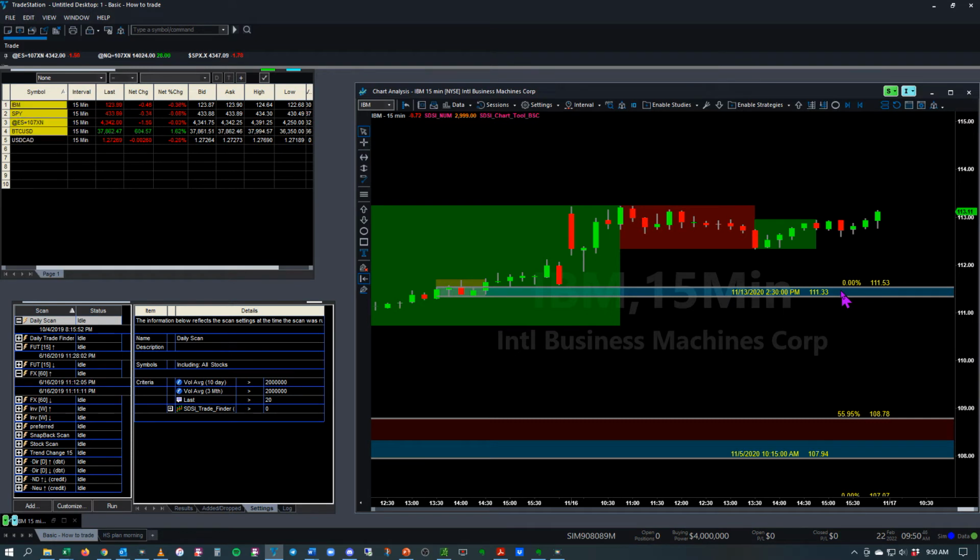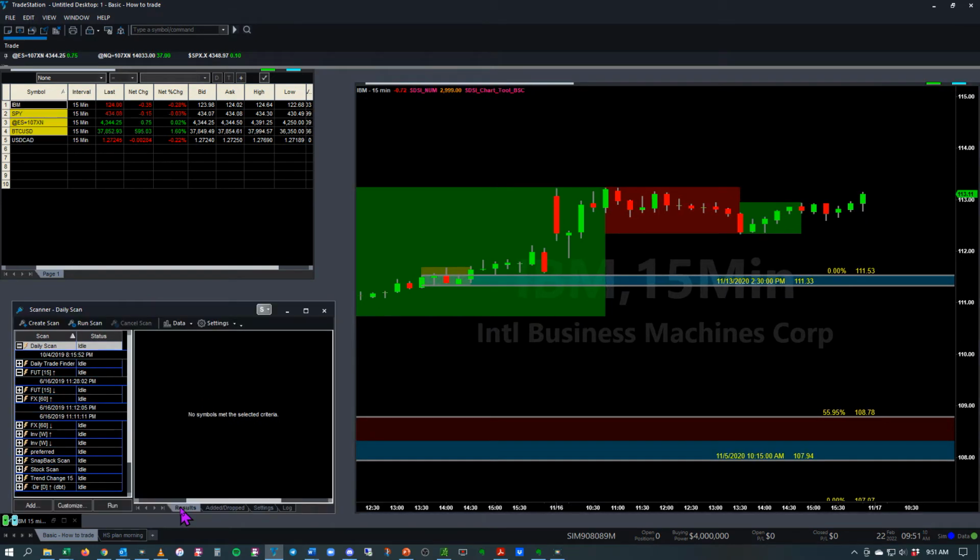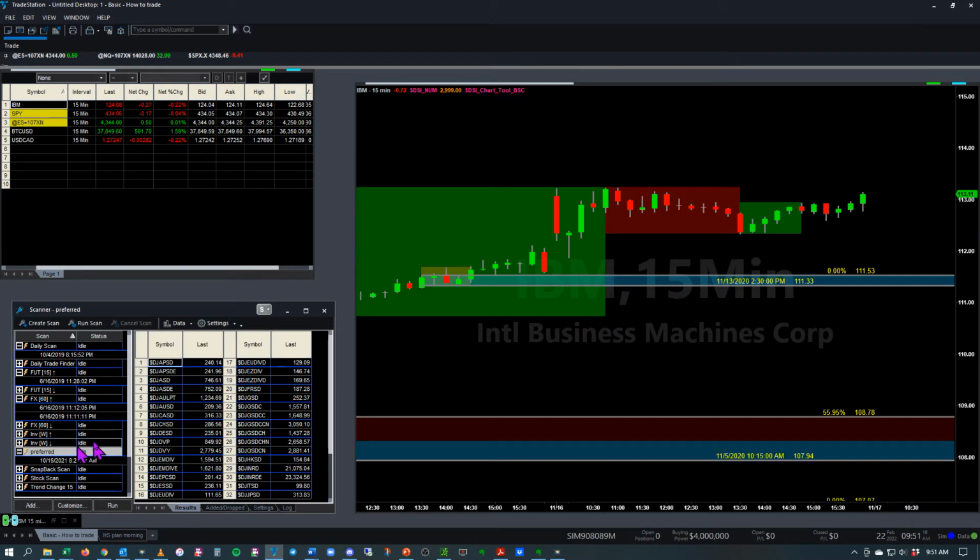And one of the things you can do using the scanner is you can create a scan. Like if you want a certain average daily volume and you want your price to be within a certain range for your stock or ETF or whatever you're looking at, you can put that information in, and you can do a daily scan, and then you can take the results from one of those scans. So let me find a scan here that I have some results on. So here were some preferred stocks I was looking at, and so you can actually just cut and paste